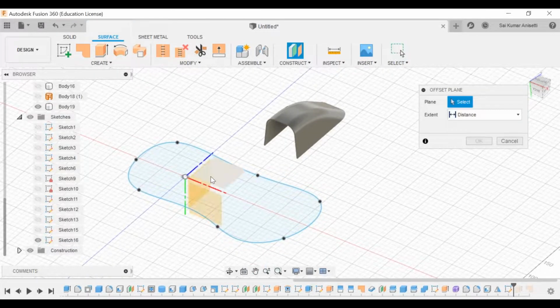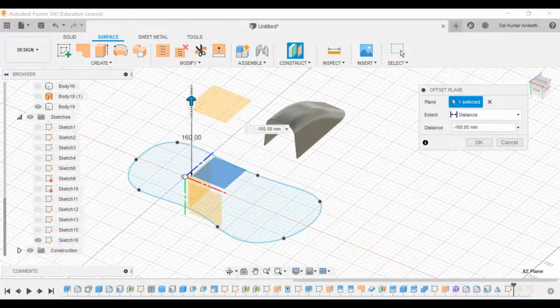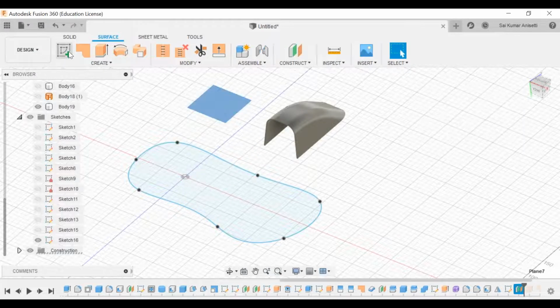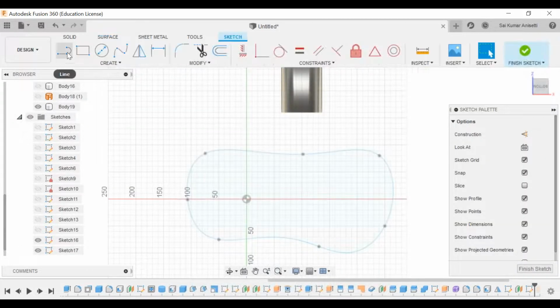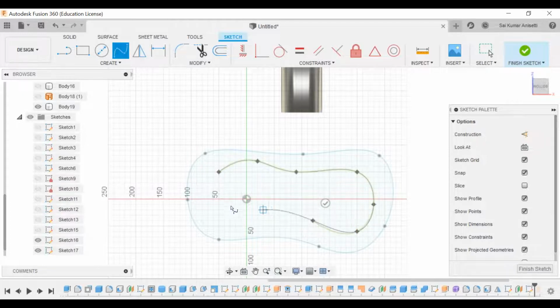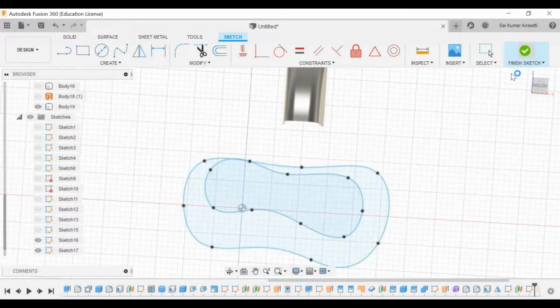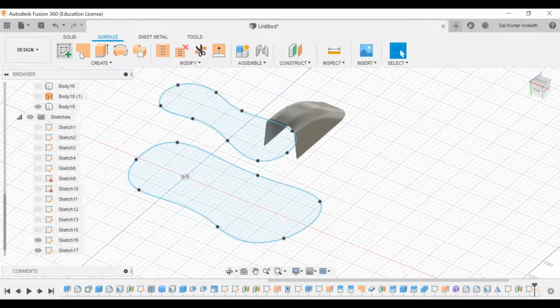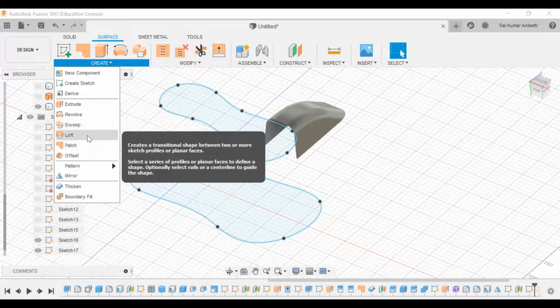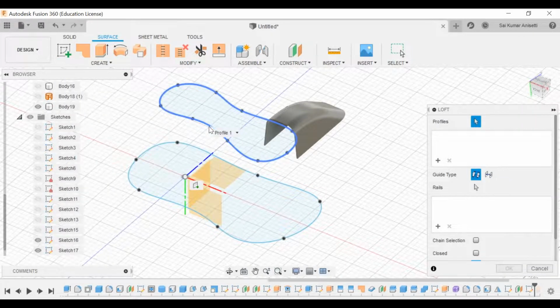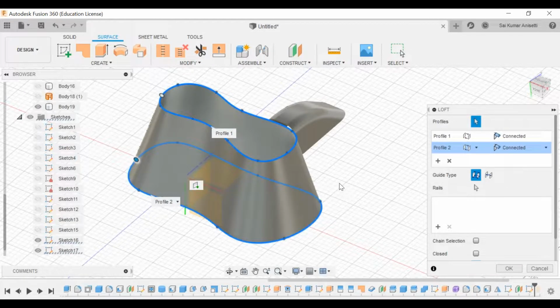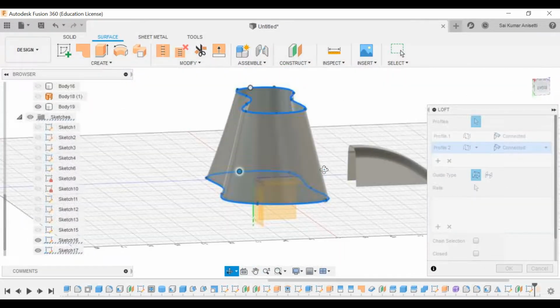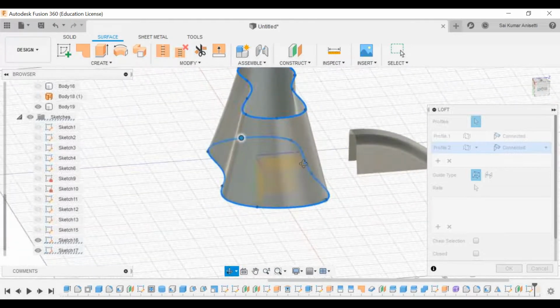I'll go to construction element, and I will take another plane which is at a different height. On this plane, I'll make another surface. I'll take the same spline itself, some random shape, and more or less it contains the shape of it. Okay, and now I'll just try to loft it. Loft. I'll select the first one and then select the second one. Right, is it looking cool? So that is how you make use of these surface designs.